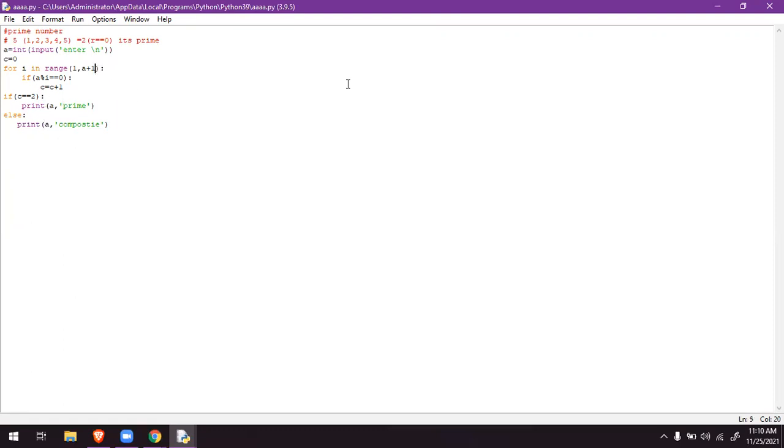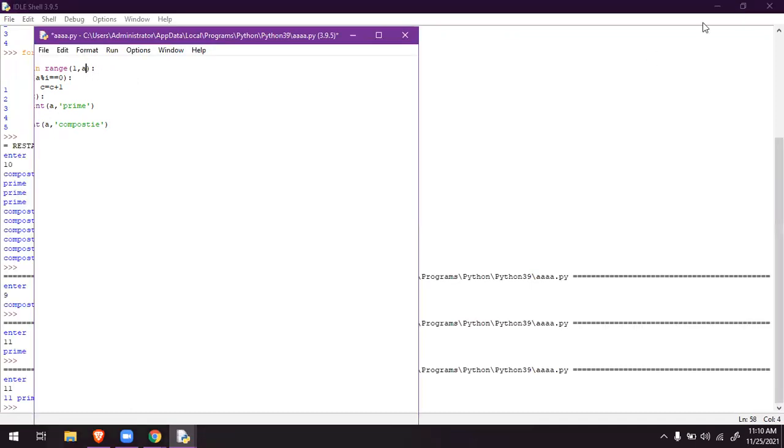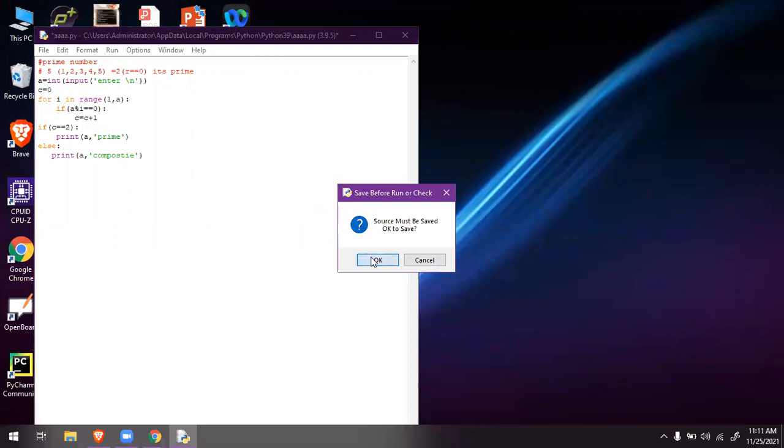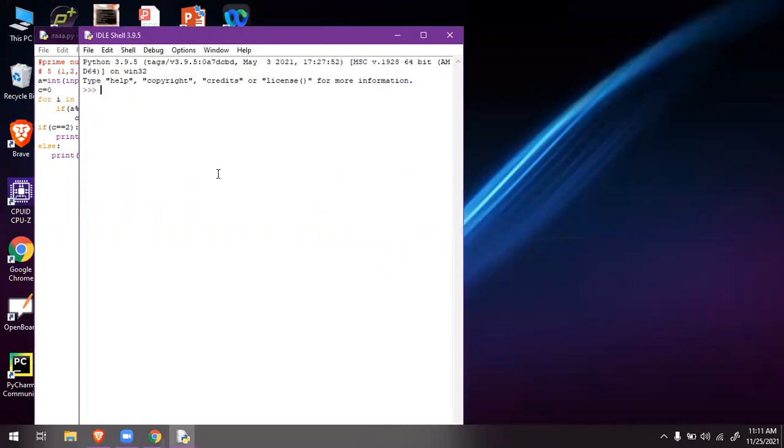So if I mistakenly wrote it like this, 1 comma a, let me close this at the back side. I'm running this program. It is asking to enter. We know that 11 is a prime number, but we will get 11 composite. Why?